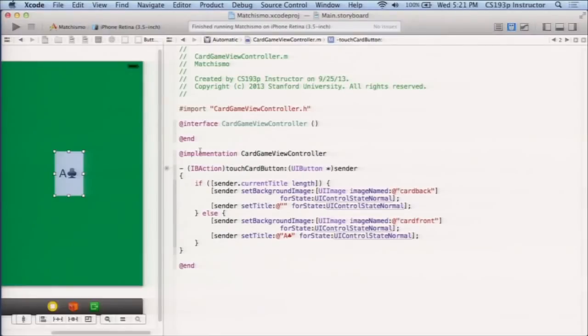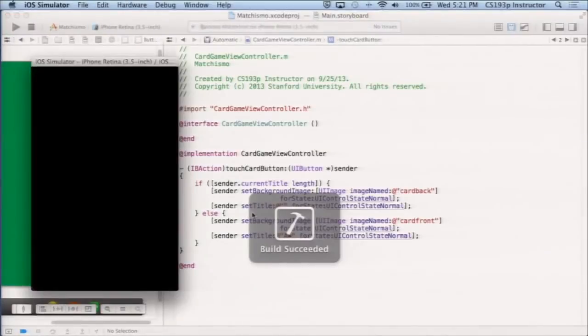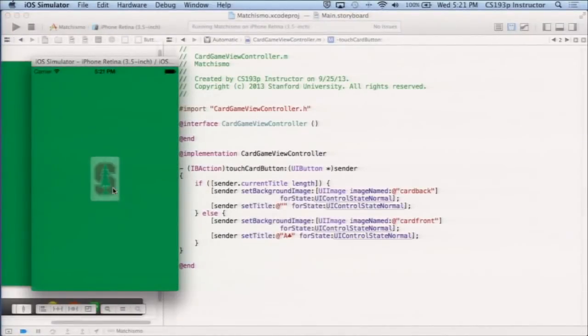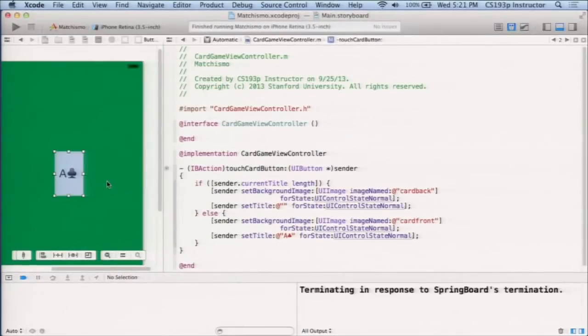Okay, so now when we run, our card will flip both ways. Okay, so really simple to wire stuff in your controller to do what you want. The next thing we're going to do is